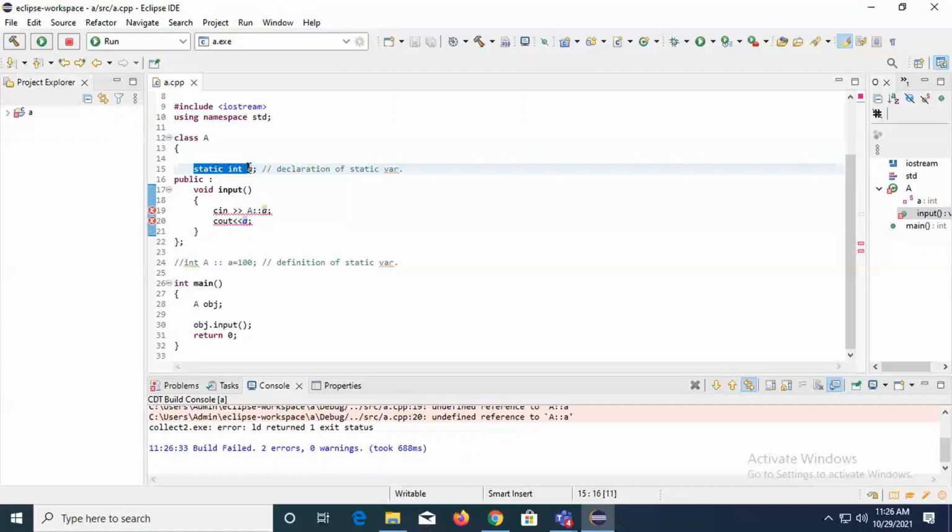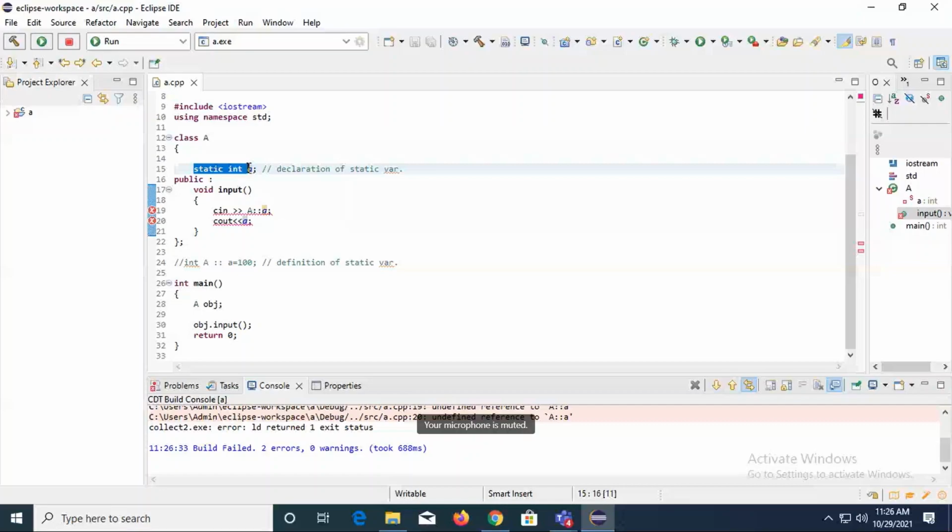Remember, मैंने जो आपको 3 rules बताए कि it should be declared in the class, and it must be defined outside the class. But यहाँ पे मैंने define का concept comment कर दिया and I'm trying to define it here. But it is giving me an error because I'm going against the rule. So this was the rule that I need to follow. This is not valid. Rather, I must define it outside the class with the help of the scope resolution operator. One rule is clear. Next.